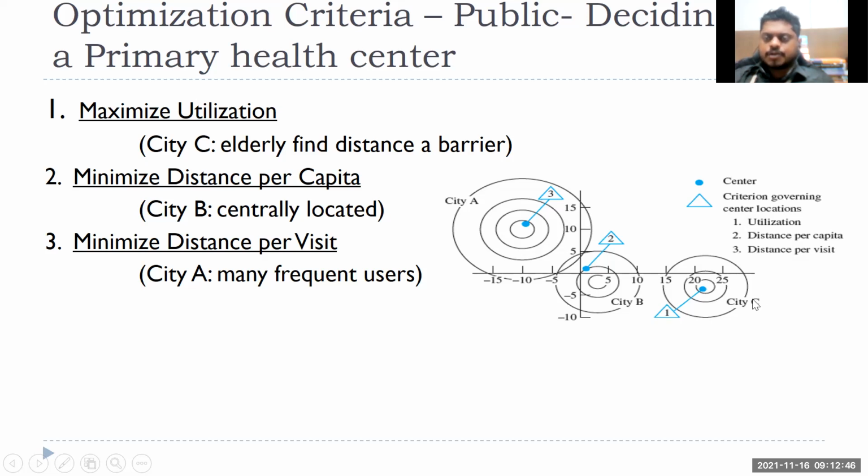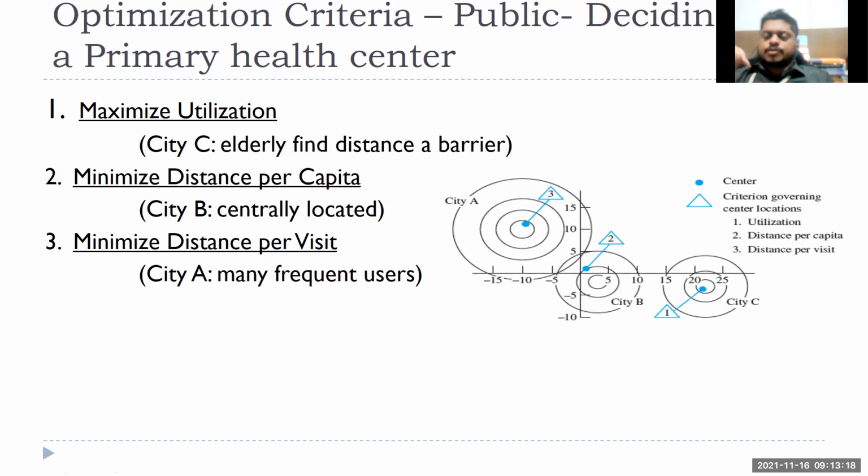How much distance will they travel? Then distance per visit, right? So one thing is distance per capita, the rate per person, and then how many times they are visiting. If I want to calculate in a year or in a month, that will depend upon your customer segmentation. If the city is mostly young people, right? Out of 1 lakh, only 10,000 children, 10,000 elderly people, and around 70 to 80,000 in the middle age group,